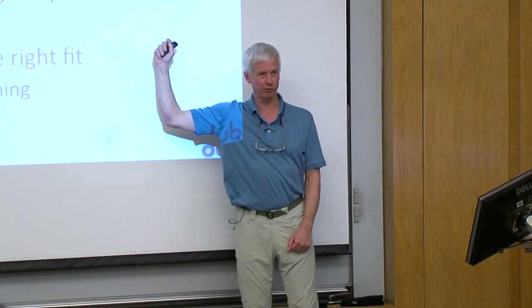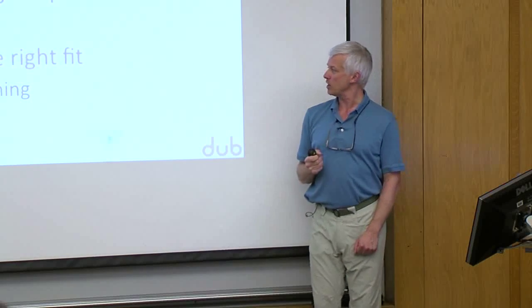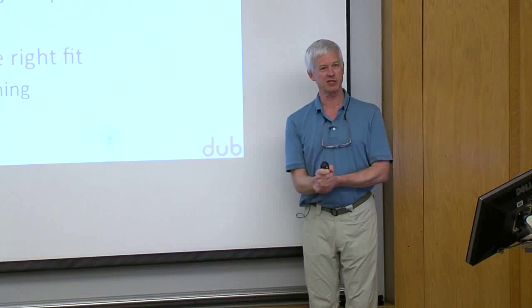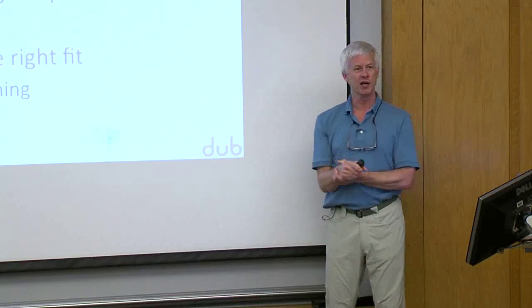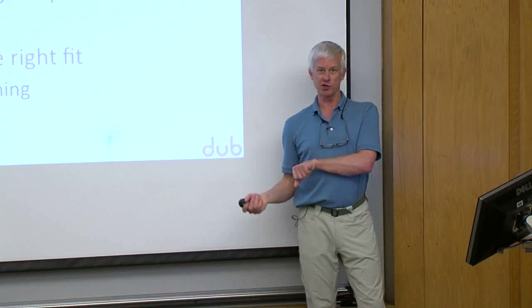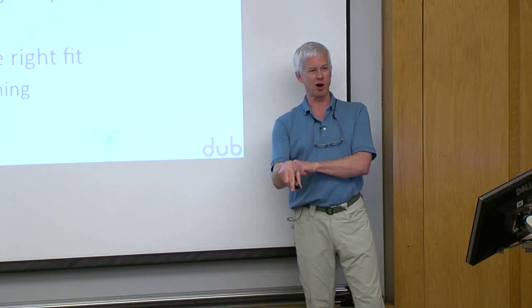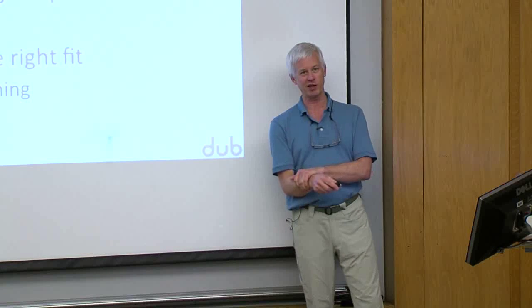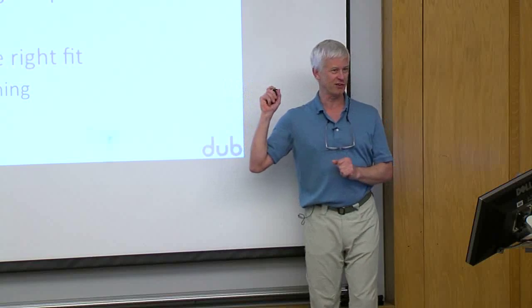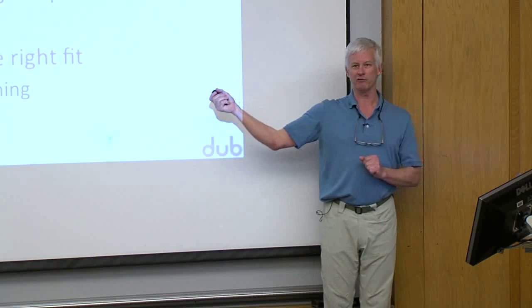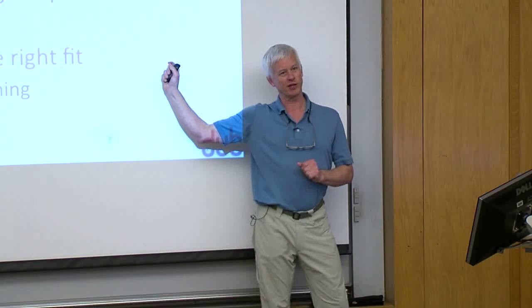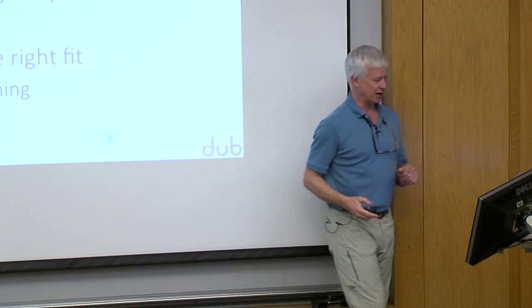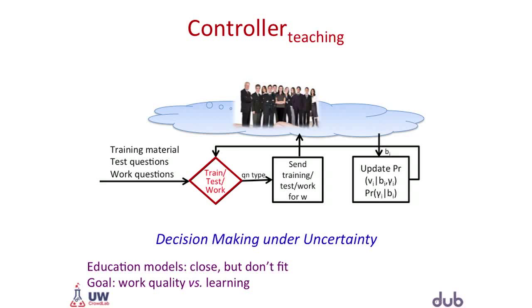So this is very closely related to education models and some of the work that Travis and Zoran and Emma Brunskill and others have worked on, where, again, POMDPs are used to figure out what's the best training problem to give to a student if we're trying to teach them algebra, say. But the objective function is very, very different, because here we actually don't care how much the worker improves or how much they know. What we care is how much work they get done. And so it leads to a very different solution. So there it is. The controller has to decide train, test, or work.